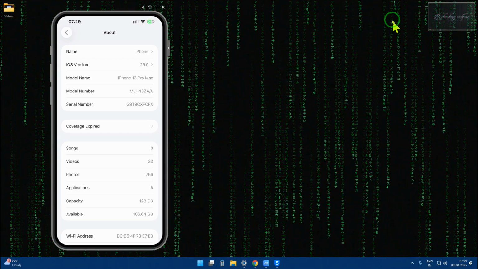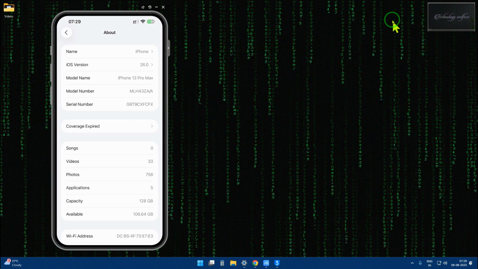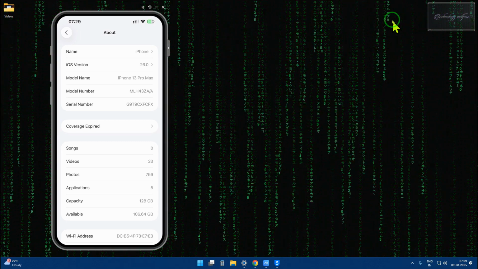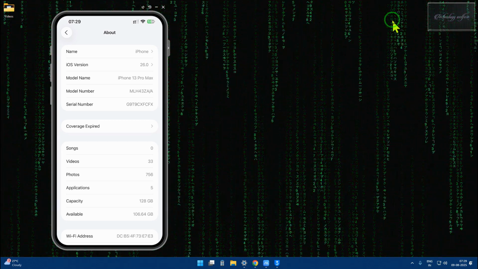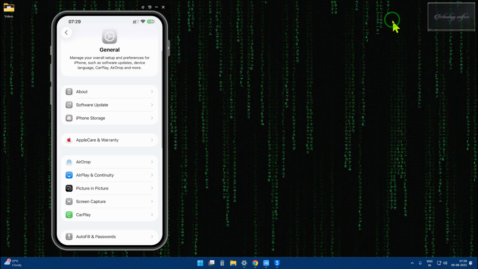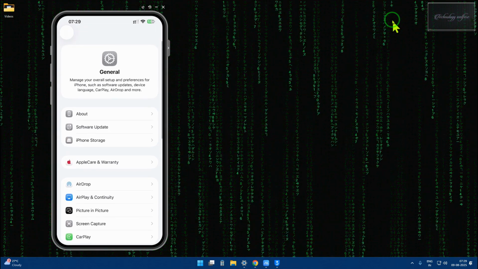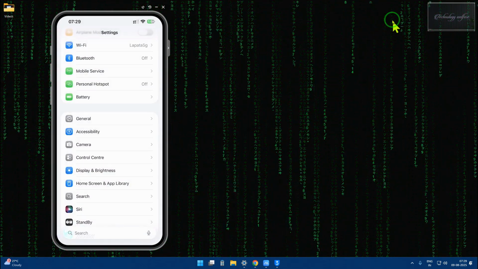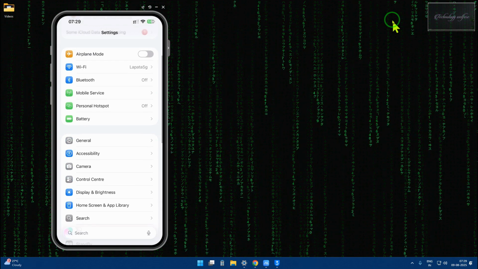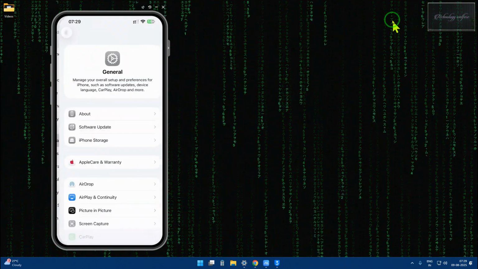Let's learn and watch with a practical in this tutorial how to find out the sales area of any iPhone device, or the sales zone of any iPhone device. So if your iPhone is completely unlocked, then of course tap on Settings, then General,